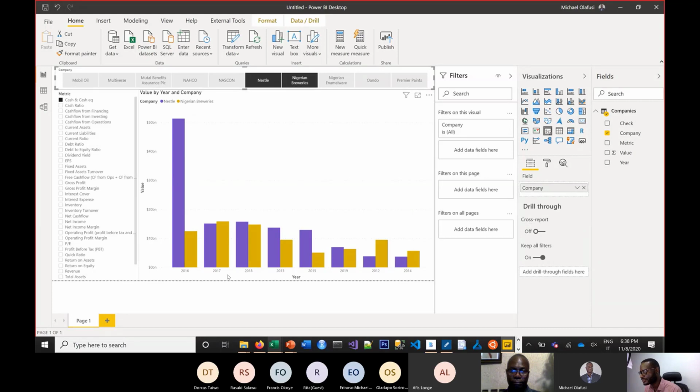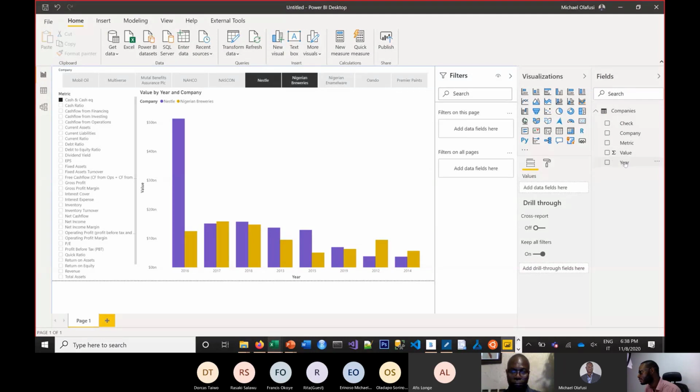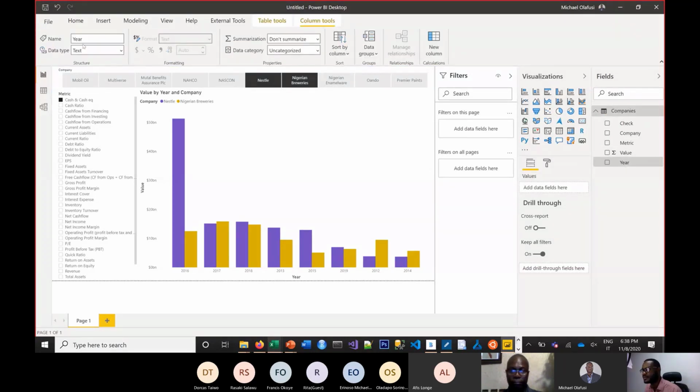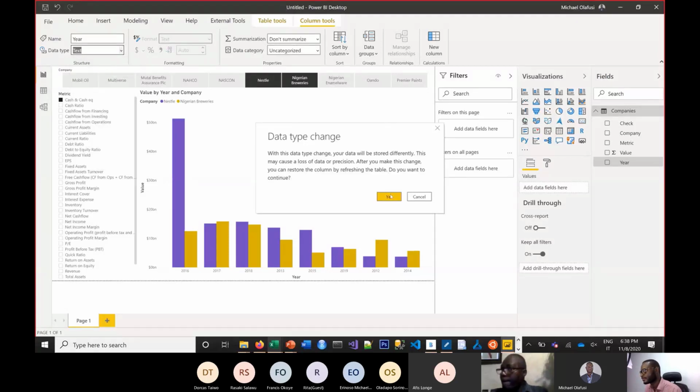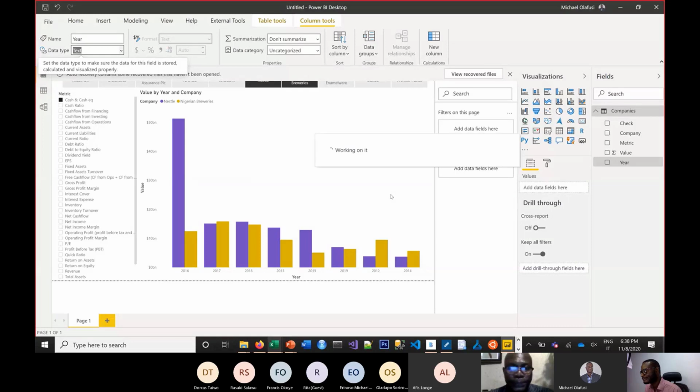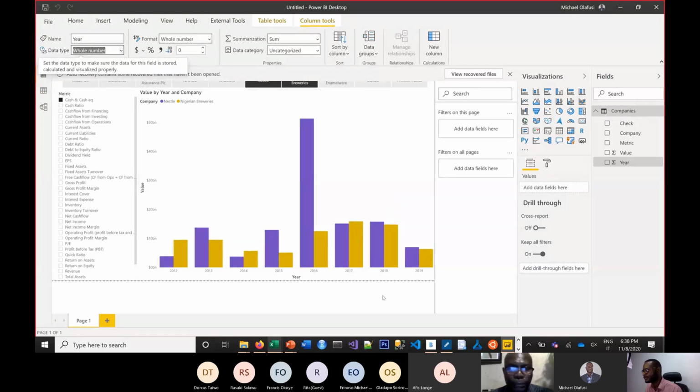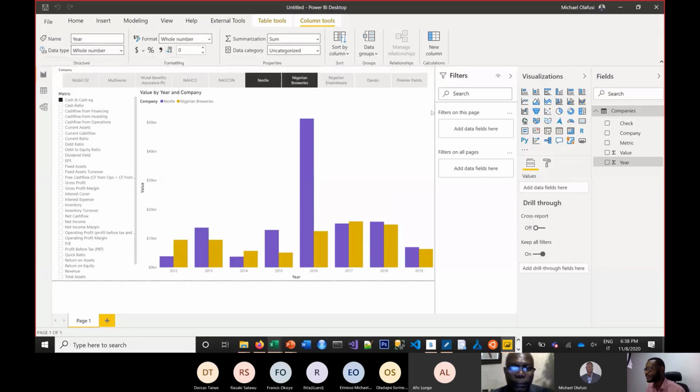Maybe I should just arrange this to sort in the normal year pattern. But anyway, you can come back to that in year. If I make the year a number, that should fix that part. Okay, good. So that is done. So at least it makes better sense. So now, the whole reason why I'm doing this is for one purpose. I want us to see what will happen as regards